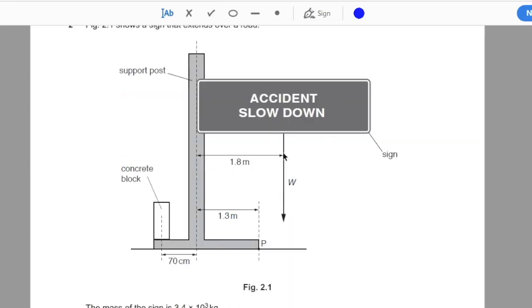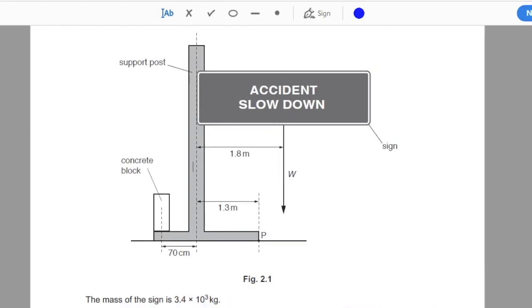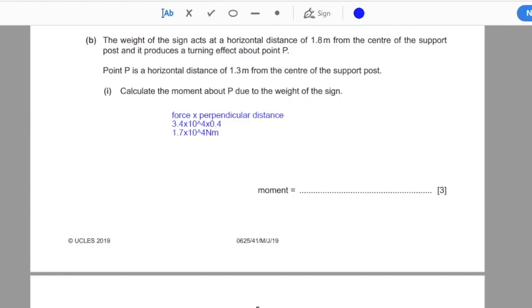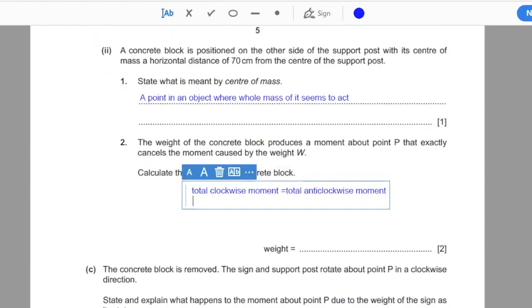This sign will be making a clockwise moment, and we just calculated in part B, part 1, its moment about point P. So I'll be taking this over here, 1.7 into 10 to the power 4 is equal to the total anti-clockwise moment. My concrete block will be moving anti-clockwise,